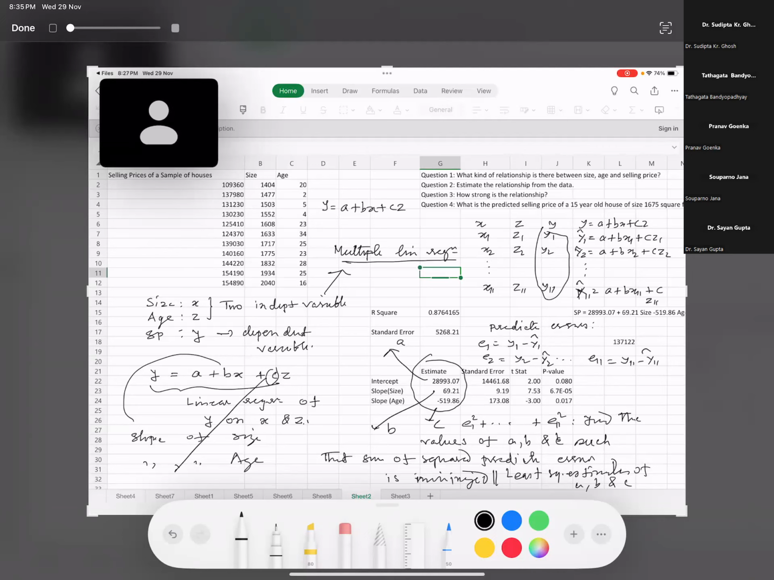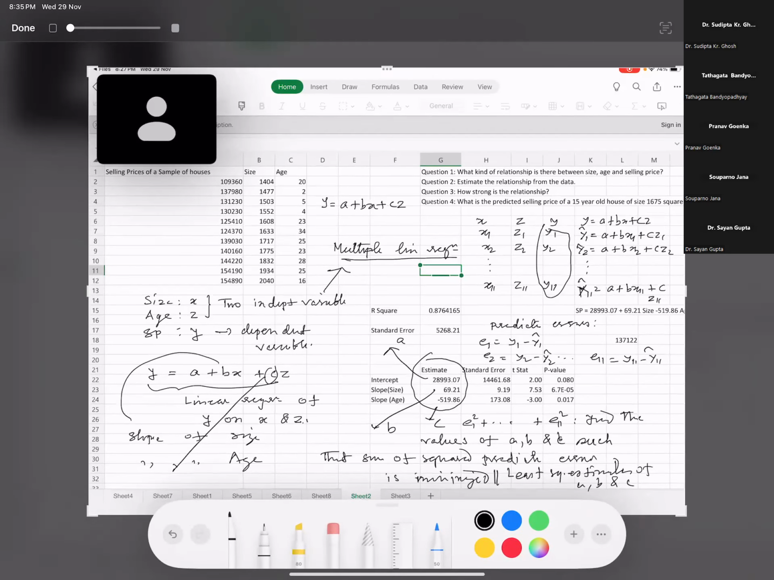Those estimates are telling you this is the kind of situation you are having. Now, what is the predicted selling price of a 15-year-old house of size 1,675 square feet? What do you need to do? Your estimate, your regression line you got is this. The regression line is y equal to